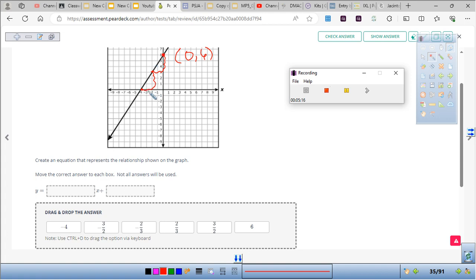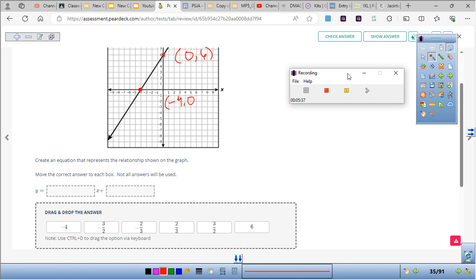Now back on the line, let me go again: 1, 2, 3, 1, 2. I just check if they're good points. So all those are good points. I'm going to go with those 2 points right there, and this one here. It doesn't matter which 2 points you use, as long as you have 2 good coordinates that work. -4